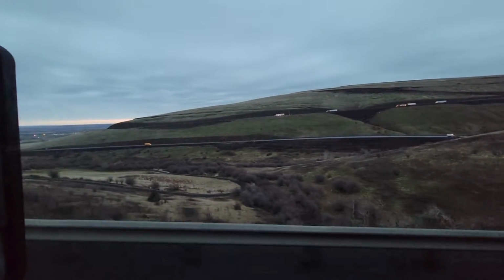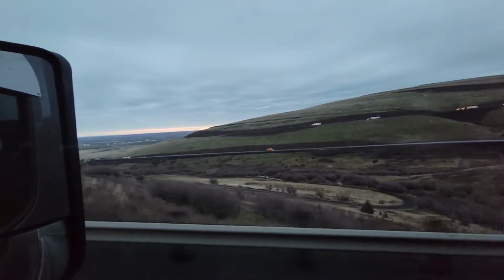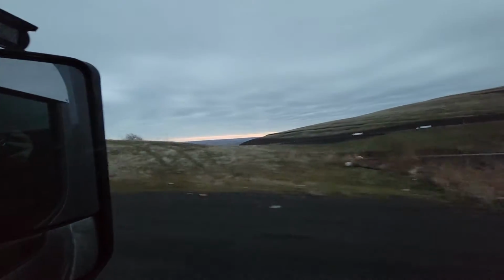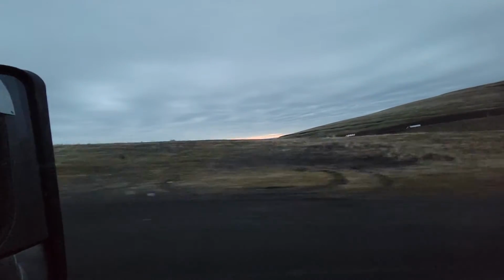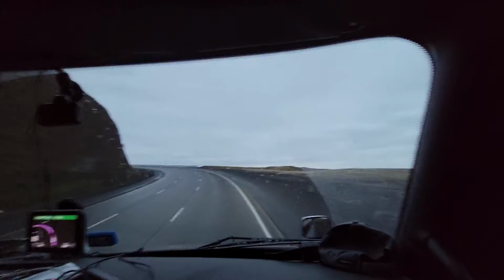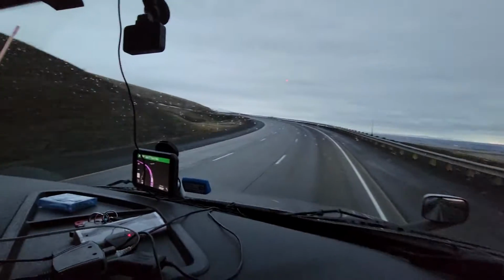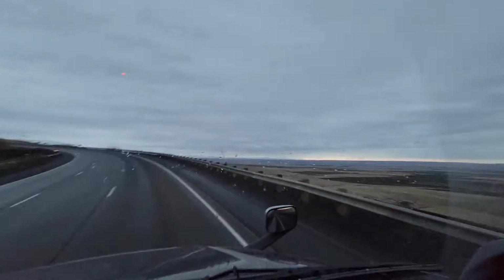So as you can see, it is quite the climb. We still got another, what, 30, 40 minutes left? Yeah, and there's still like a half an hour or so of this. Just winding curves. I'll show you as much of the landscape as I possibly can. As you can see, you cannot see the top of the mountain from inside this cab, but look at that